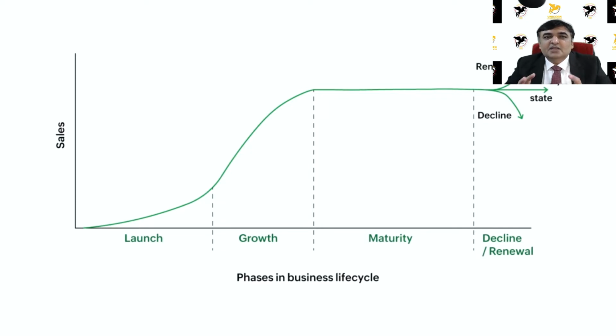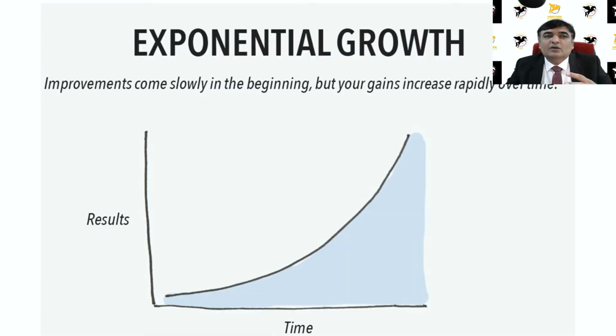Some businesses renew their vigor, their energy, they find some new product, some new service, and they go into that launch phase again. But now, as they have got a jump start from their older product, older services, their older model, they get some traction, and again after a certain point of time they stagnate. But this is not how big business is run. Big businesses, which really scale and make an impact on the economy and on the world on a larger scale, work like this.